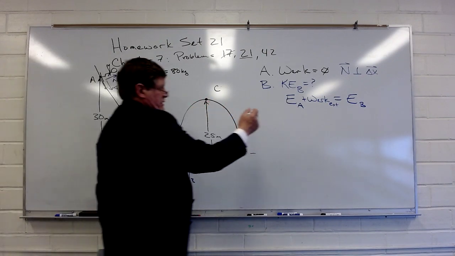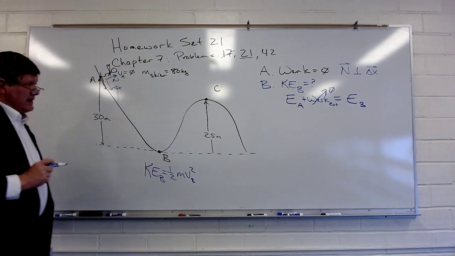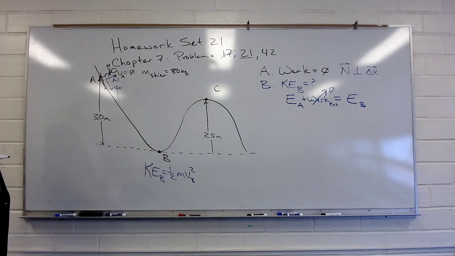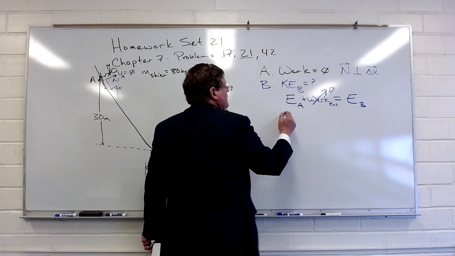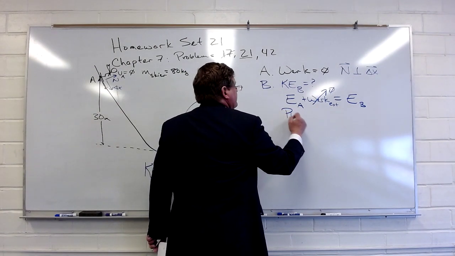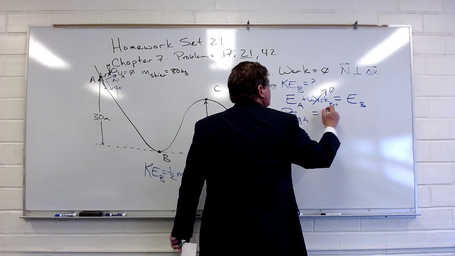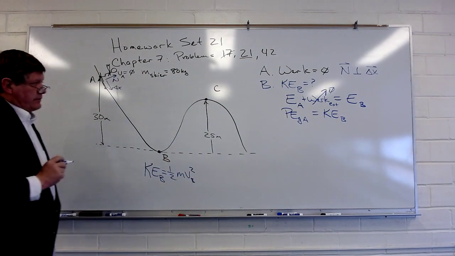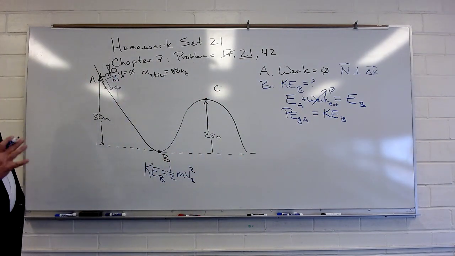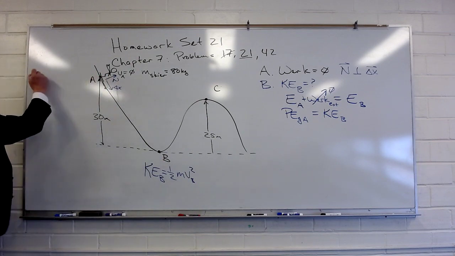Well, we just said in part A that this work is 0. So if I could find the energy at A, that's going to be the same as the energy at B. Well, the energy at A is all gravitational potential energy, and the energy at B is all kinetic energy. So that tells me that if I just can find out how much potential energy I have here at A,